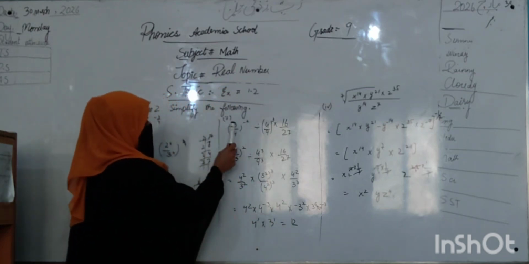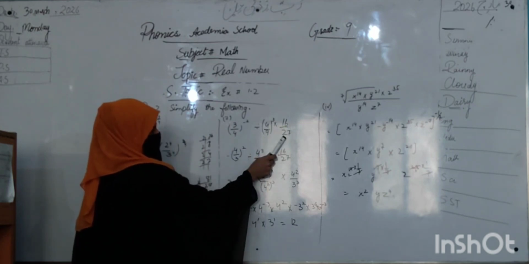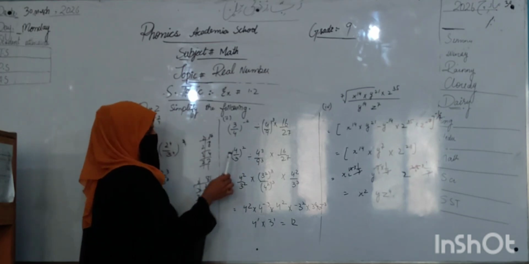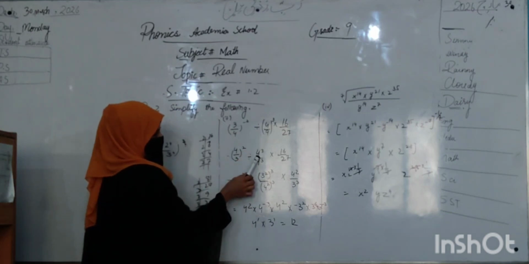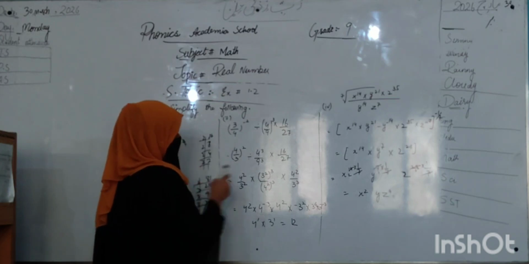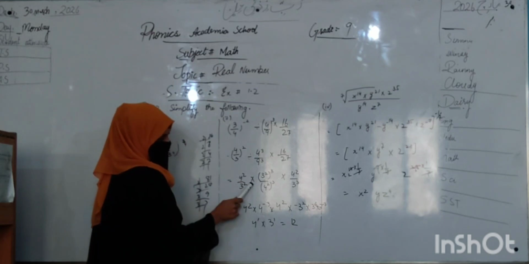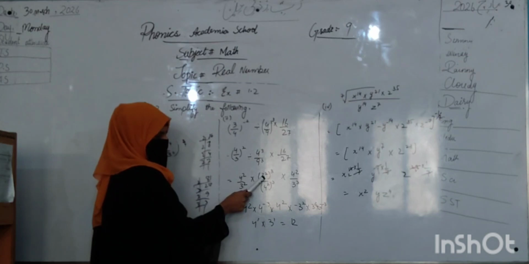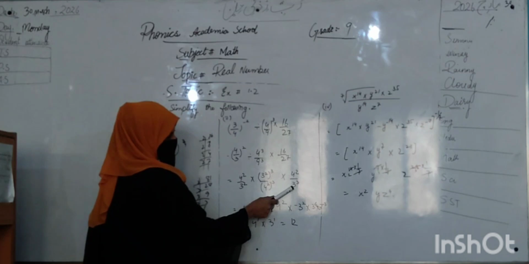Question number 2: (minus 3/4) to the power minus 2, divided by (4/9) to the power 3, multiplied by 16/27. Students, you know that when you have a negative power, you convert numerator to denominator, and the sign becomes positive. So (4/3) squared divided by (4/9) cubed, multiplied by (16/27). 2 squared, 3 squared. Then 9 goes to the denominator and 4 comes to the denominator, because 3 squared is 9 and 2 squared is 4, so it is 4 squared and 3 cubed.